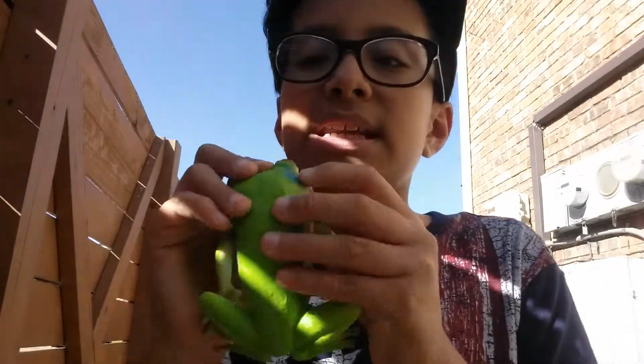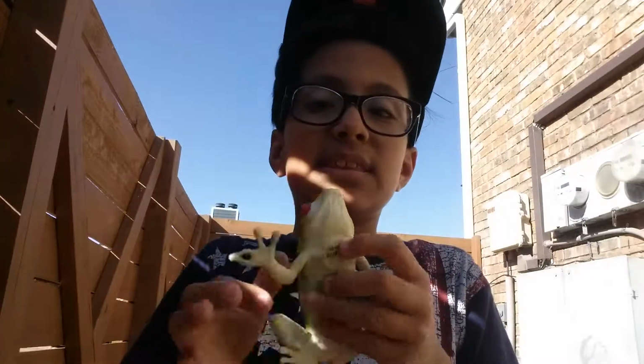Well, yeah, you can, but remember to not agitate the frogs. It usually has some glands right here, right below the eye. It collects the venom, and whenever it gets agitated, this white or yellow venom comes out, and it can get on your hands. In case that happens, just wash your hands very well and everything will be just fine. So remember to not lick or eat this frog, because it can be extremely venomous and can get you to the hospital. Or maybe it can kill you, but there haven't actually been any reports of humans dying because